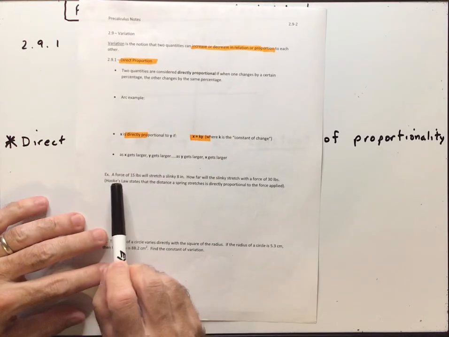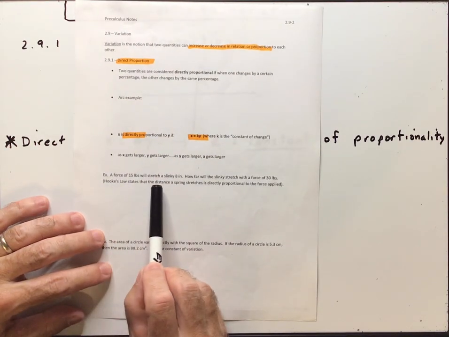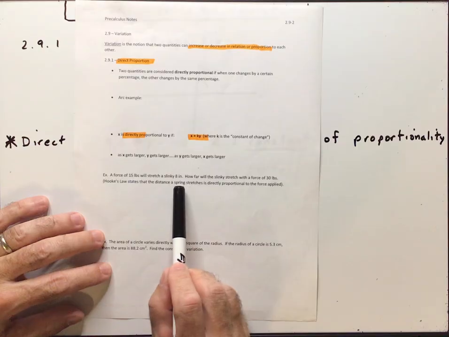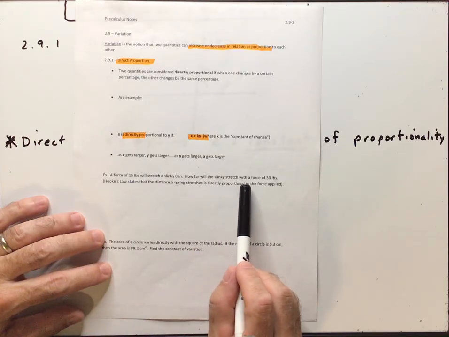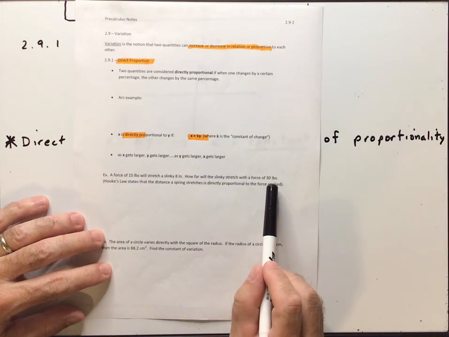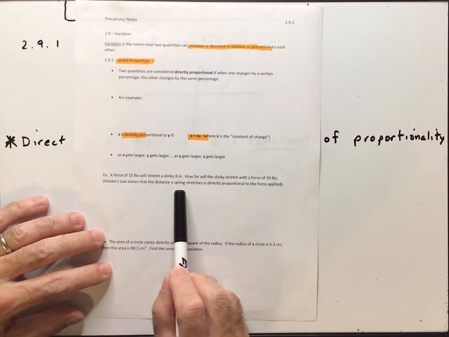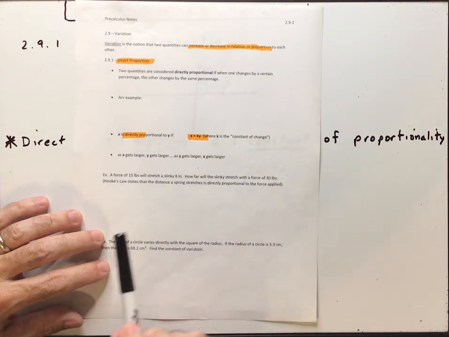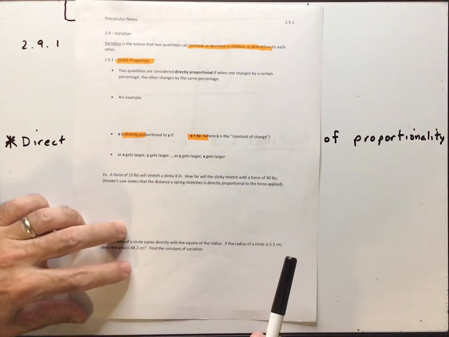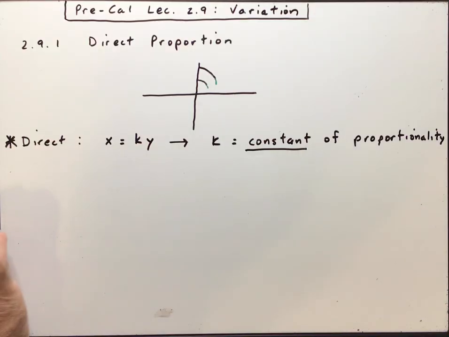So our first example says a force of 15 pounds will stretch a slinky 8 inches. How far will the slinky stretch with a force of 30 pounds? It says that Hooke's law states that the distance a spring stretches is directly proportional to the force applied. So we're going to use,